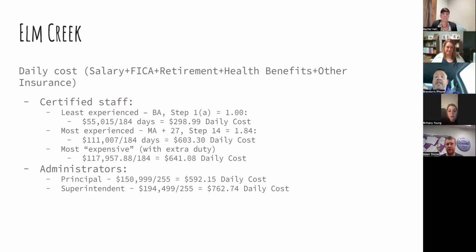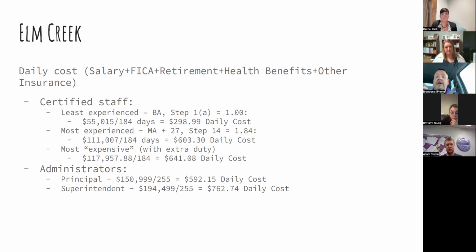Okay, Elm Creek, I did the daily costs with the salary, the FICA, retirement, health benefits, and other insurance. I didn't put on there that we also have the cash in lieu, and that's really not calculated in that, because the cash in lieu is not as high as if they take the insurance. So our least experienced staff is a second year teacher, and with all that stuff, she comes out to about $300